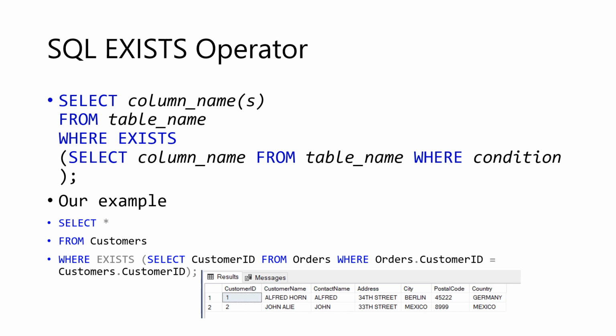The SQL exists operator returns only those rows which match the primary key customer ID from the given subquery results. So here you can see there is a subquery which returns customer ID from the orders table, and then there is an exists operator which actually finds customers for this customer ID. This is the result. We got only 2 valid customers in the orders table.